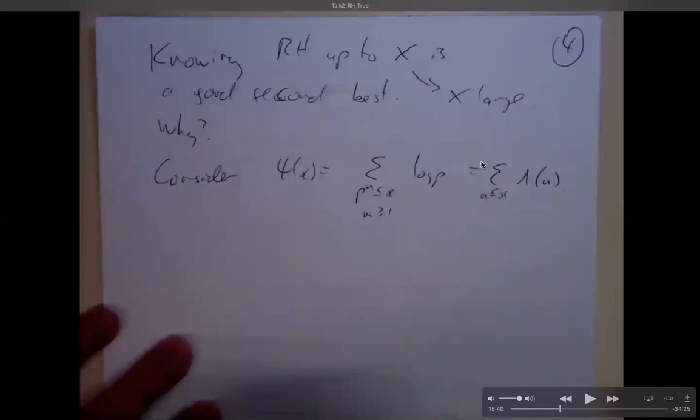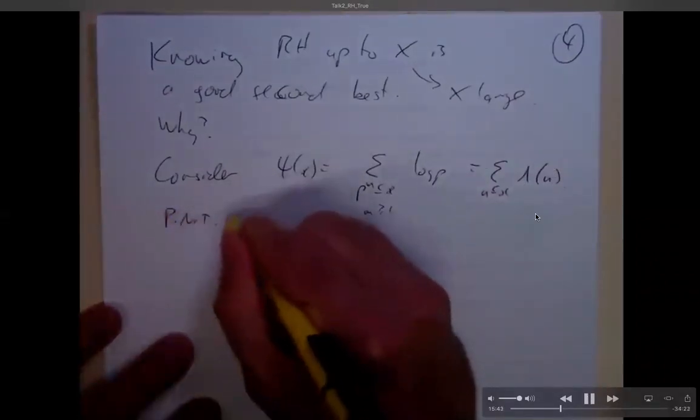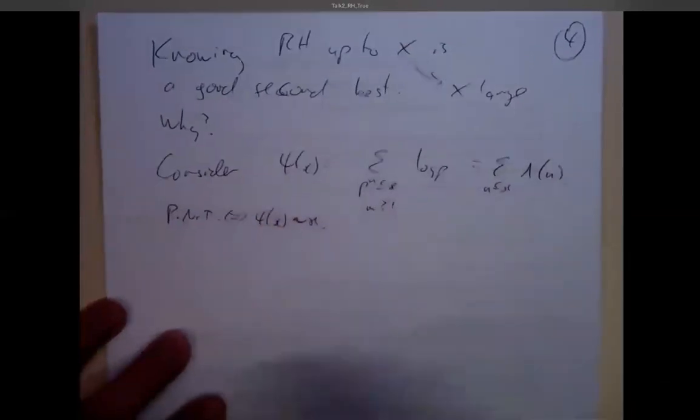And sometimes we write it, this is just some arithmetic function called the von Mangoldt function. We don't really have to worry about it. But for those who have seen it, that's the other way of writing it. It's just a compact way of saying lambda of n is log p if n is a power of a prime p, and 0 otherwise. So what's the prime number theorem?